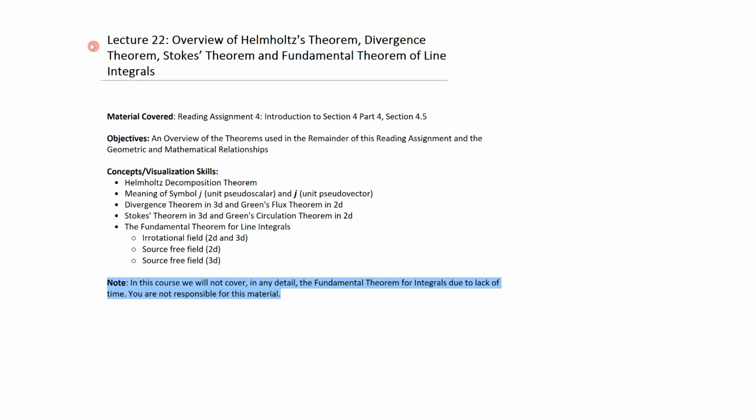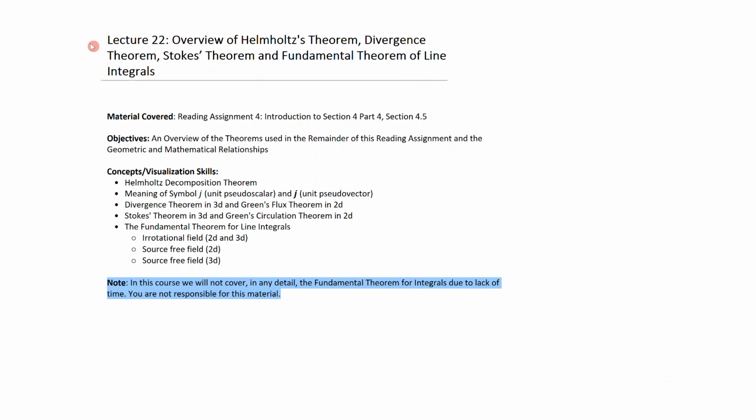The meaning of the symbol J, a unit pseudoscalar, or J bold, which is a unit pseudovector. This came about in the last lecture when we were trying to describe a vector which was pointing in the z-hat direction, even though we were dealing with a 2D problem. And so the only way to deal with that was to define a pseudovector, which is a form of imaginary vector. Then we'll look at the divergence theorem in 3D, and the analog in 2D is called Green's flux theorem,